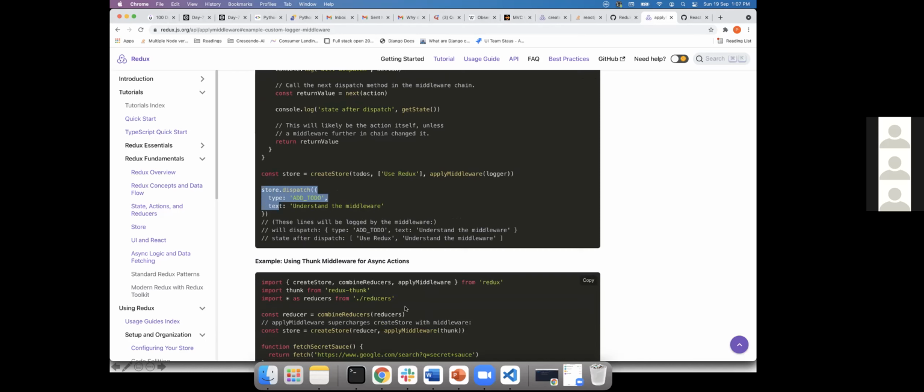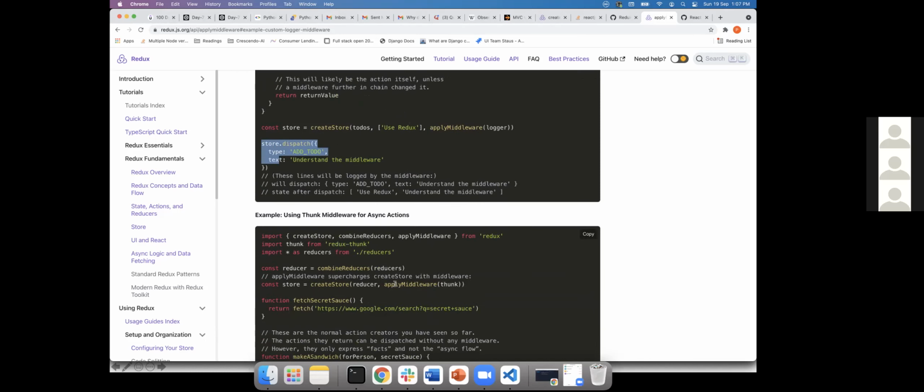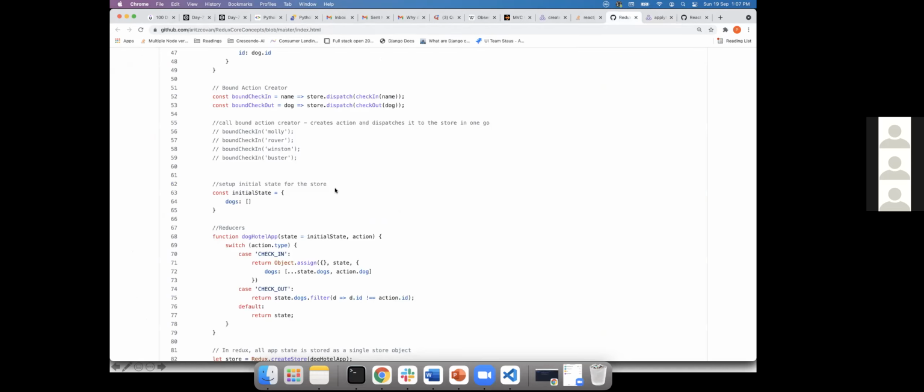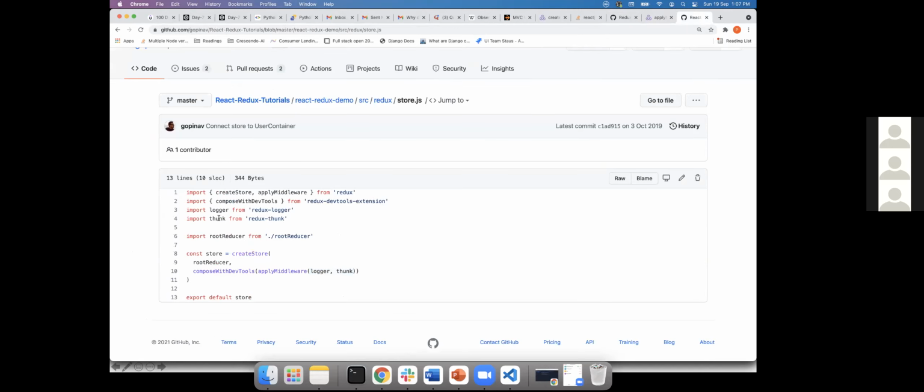Okay, so then now there are a few things. To do that, there is a thing called thunk. Thunk takes care of handling this asynchronous process. So in order to handle your Ajax call and a state update, you have to use a thunk. Even this fellow also uses a thunk only. That is why he uses a thunk and uses a logger. So you can pass n number of middleware.